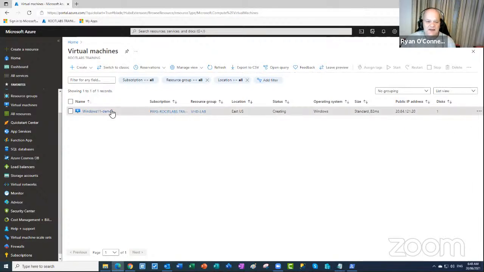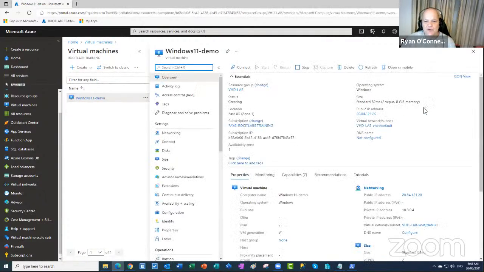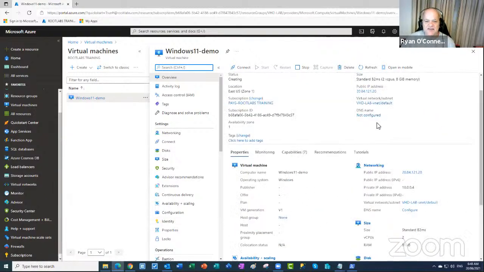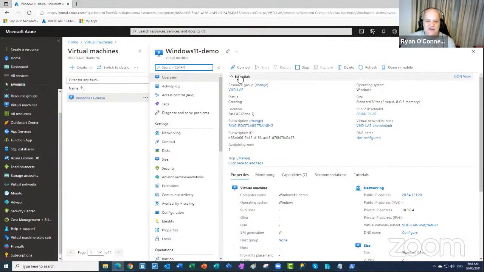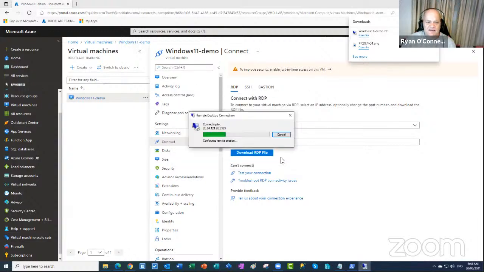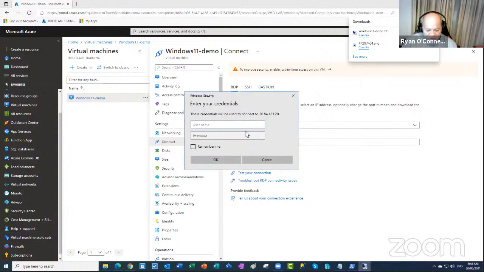So I'll just give it a little bit of time to finish creating, because it's obviously not done yet, because we still don't have other bits here. So I'll just leave that to create. But obviously once it's created, all I would do is I'd come down here, I'll download the RDP client, and then I would do this, and I would then say open up that RDP client, and then I would say connect, and then I would just type in